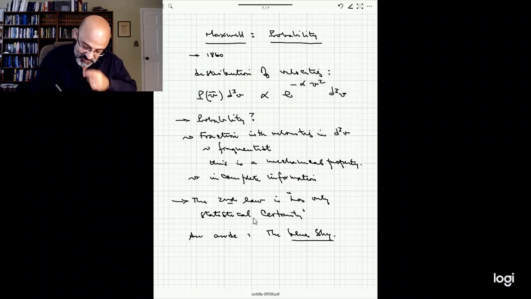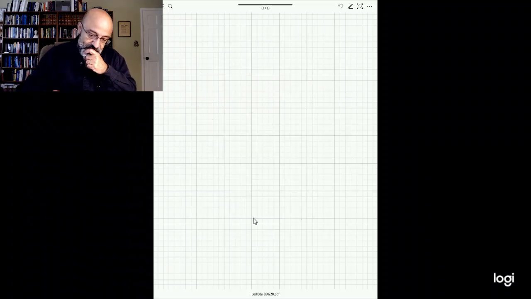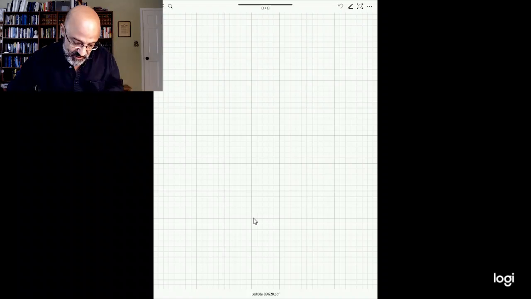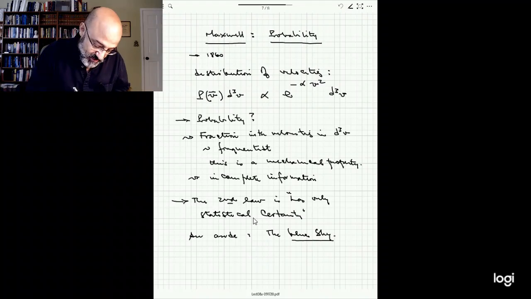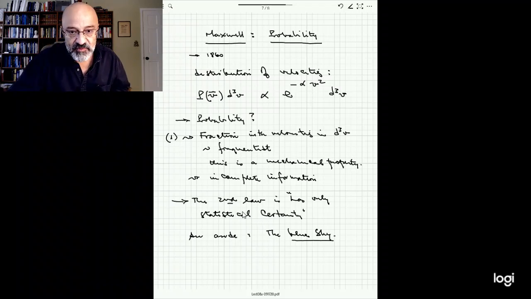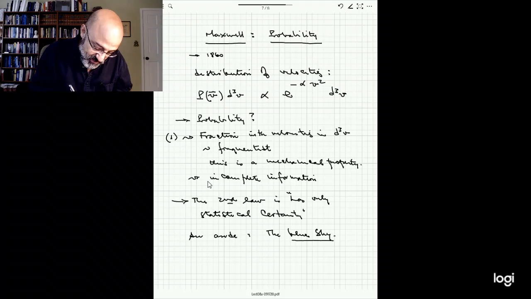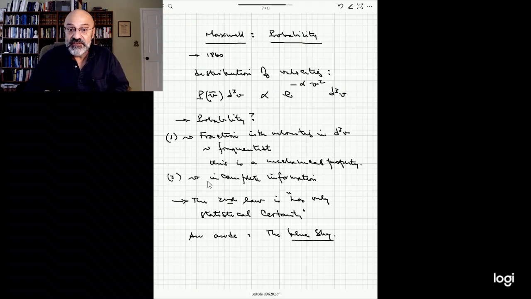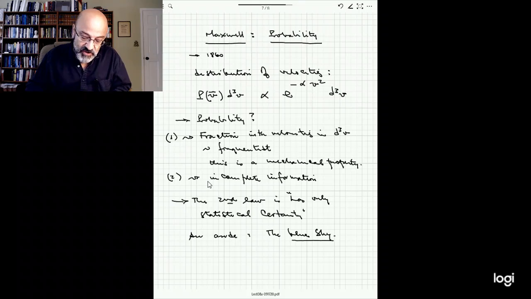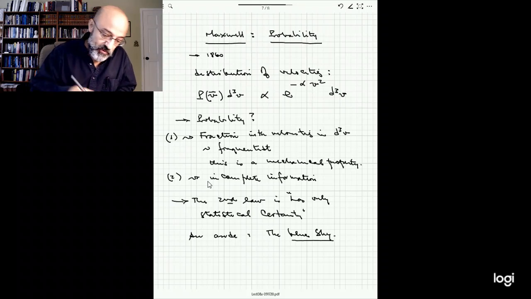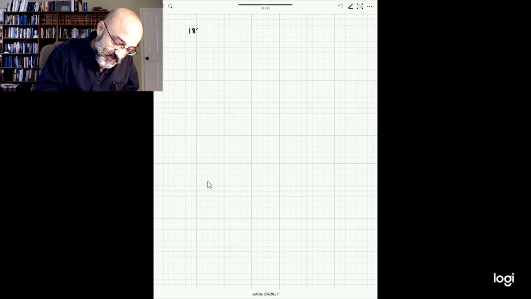And there was another interesting connection. When I said here, on the one hand, you have this idea of probability as being the fraction of molecules with velocities in d^3v, which is sort of frequentist. He also was very aware that he was dealing with a situation of incomplete information. How did he know that? Or how did he reason about these things? Well, in 1867,